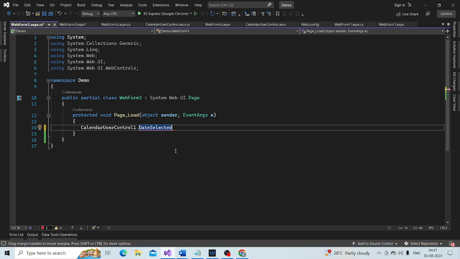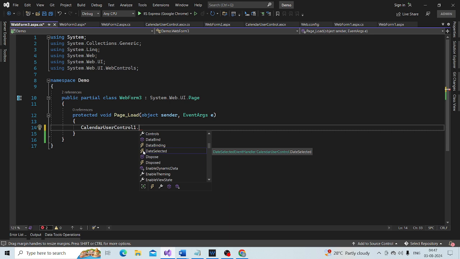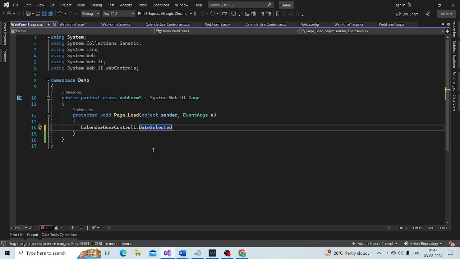Look at the lightning bolt symbol I showed you again. Date selected is the event.